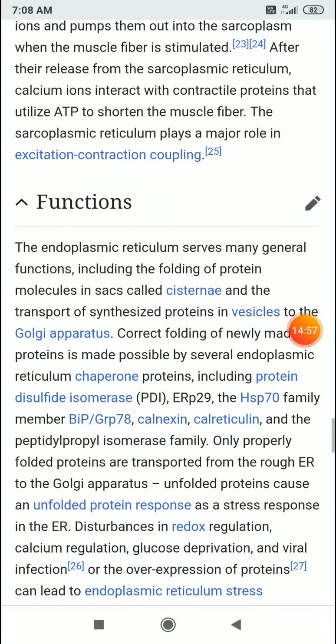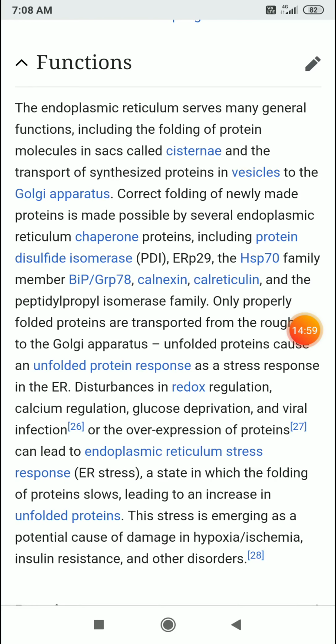Now we are going to see what the functions of the endoplasmic reticulum are. The endoplasmic reticulum serves many general functions, including folding of protein molecules in sacs called cisternae, and the transport of synthesized proteins in vesicles to the Golgi apparatus. Correct folding of newly made proteins is made possible by several endoplasmic reticulum chaperone proteins, including protein disulfide isomerase PDI,